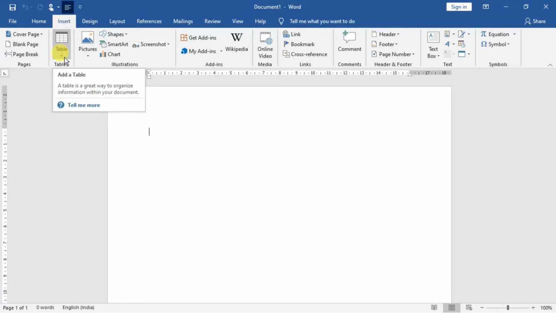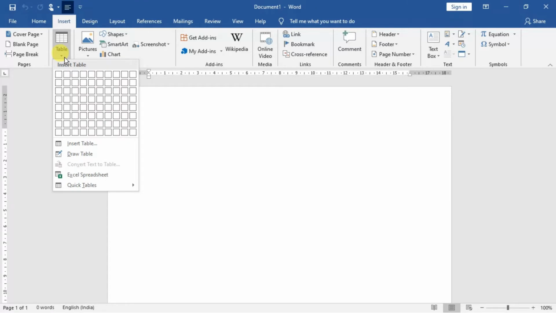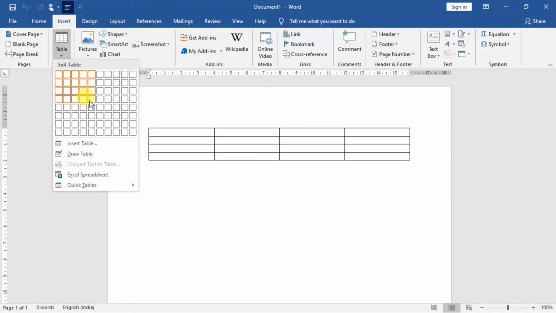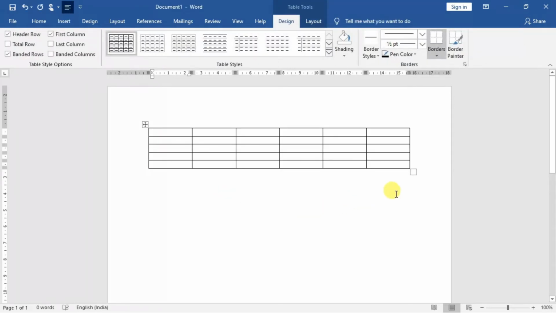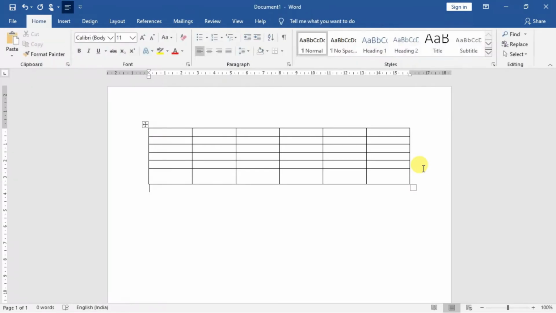Now, if I click on this arrow, there are some options, the table grid and all. So you can make the table in this way also. If you make the table in this way, it will form like this. So the table has been created for you. This is the easiest way to form a table. Whenever you want to come out of the table, if you press Enter, the rows will automatically increase. So you have to press Ctrl+End from the keyboard, and then you will be outside the table.